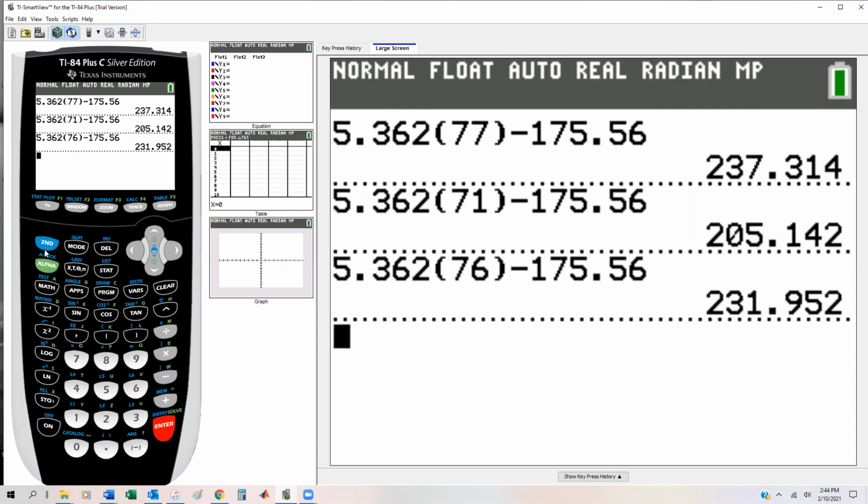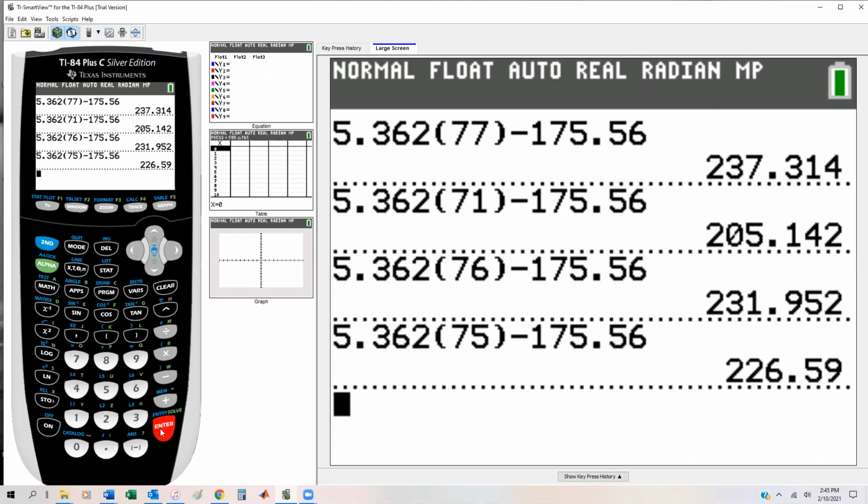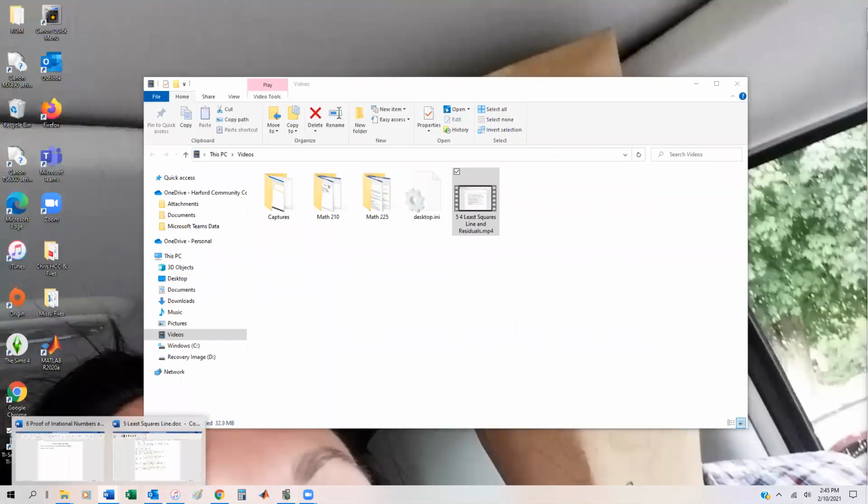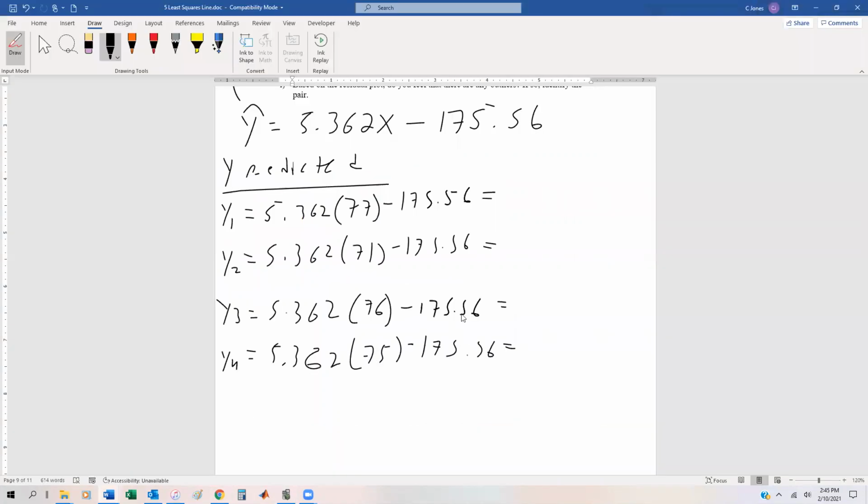And finally, we'll type in the fourth one, 75, and enter. And hopefully the first three don't go away because we have to copy those down. All right, and I'm just going to pull this to my other screen really quickly and bring this back up. All right, so the numbers that I got,